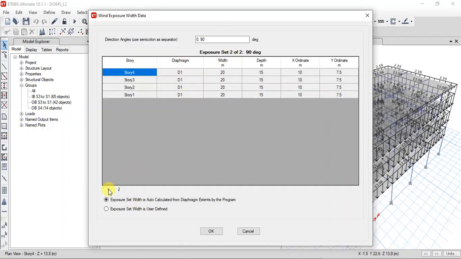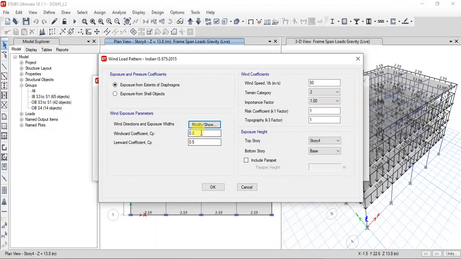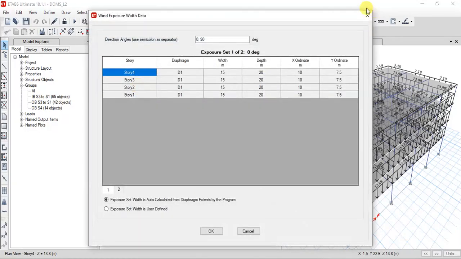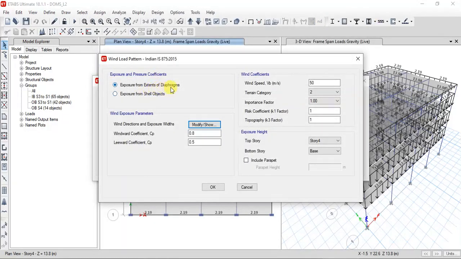There will be two sets, one is windward in the x direction, and also in the y direction. So it will be applying the force in both directions. So you prefer the exposure from extents of diaphragms.